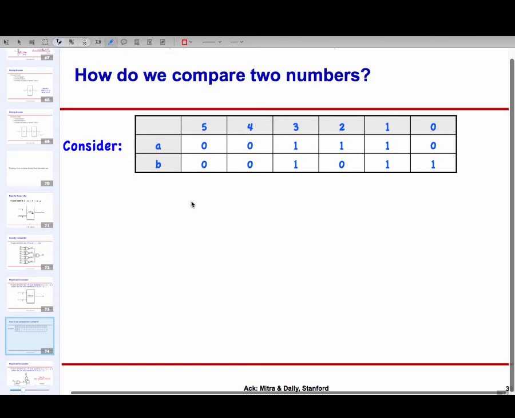In this case, we'll say bits number at position 5, are they equal or not? Both of them are equal, so I try the next one. 4, they are equal, again I move on. 3, they are equal, I move on. At 2, A has 1 and B has 0, so A is greater. This is an exact analogy of what we do with decimal numbers. We scan from the left until we hit the point of difference and then pick the winner out of it. You could also do it from the right hand side. So let's see how these things work out.